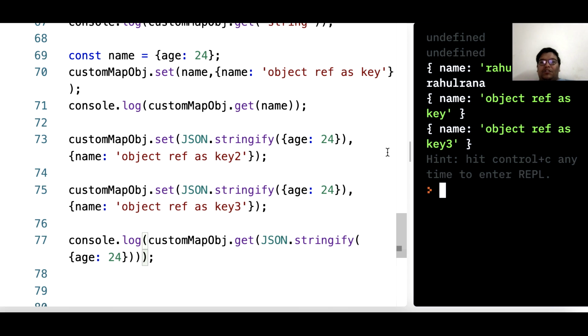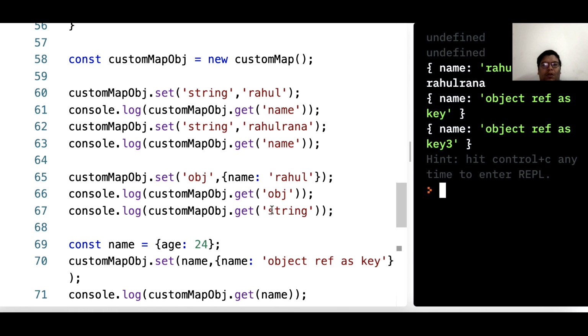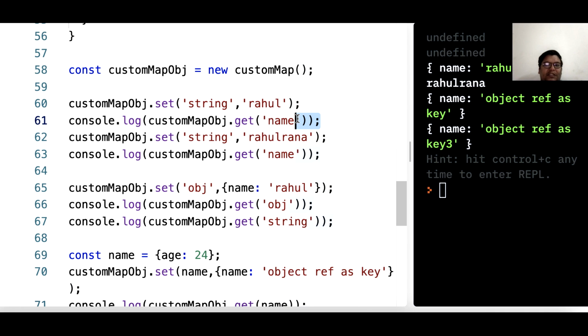Yeah, so you see we are getting 3 last, because now the object we stringified becomes a string, nothing else, right? And every time we try to pass different objects, we are passing new references. That's why we can't see it actually. So now the question is, why is the first one not coming? I'm surprised.